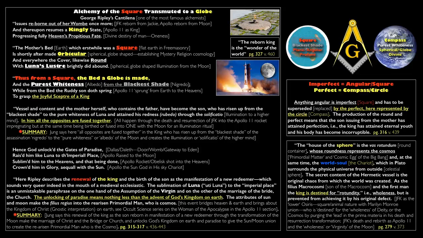And again, this is all the idea of consciousness. What does the Apollo 11 mission represent to the world at large if you believe the official story of it? This great grand achievement for mankind, this oneness with the cosmos, space, and the world, right? This is all consistent esoterically. So it says the king is destined for rotundity or wholeness, right? That's the high priestess virgin. That's the earthly nature being purged and brought to perfection, combined with the higher nature. And that's the whole point of the king and his transformation.